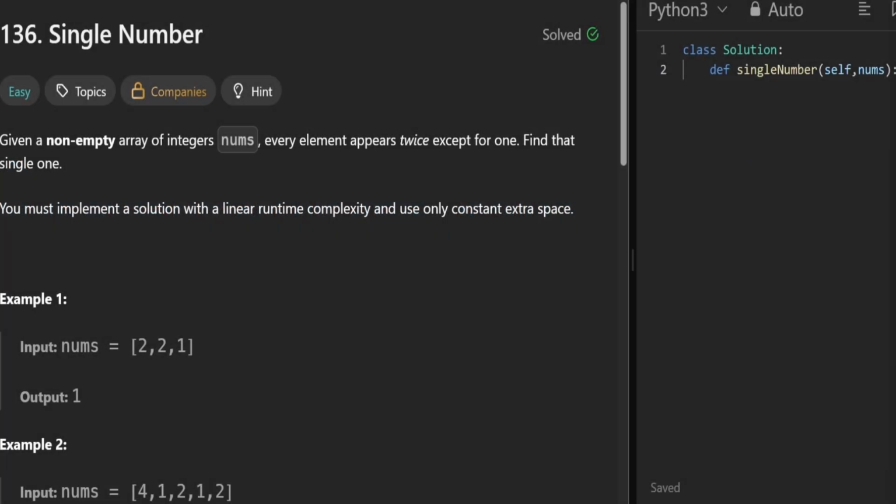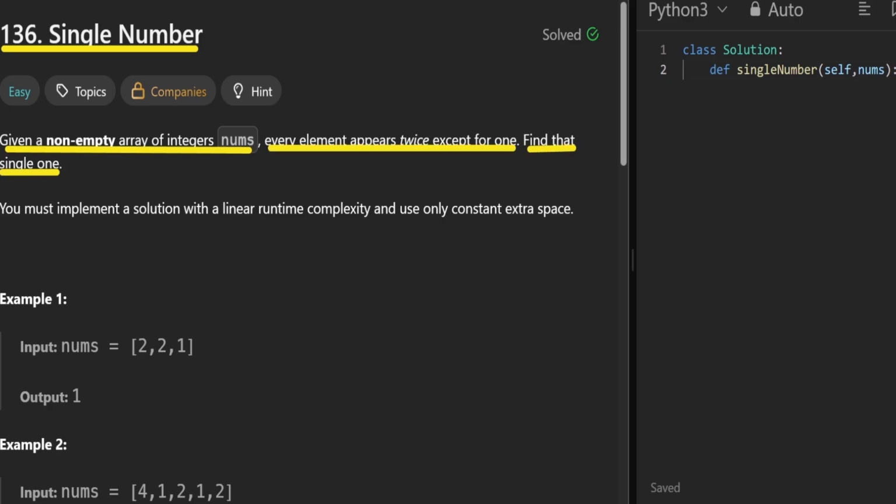I'm Alan and today we're tackling Leetcode 136, Single Number. Given a non-empty array of integers, every element appears twice except for one. Find that single number. For example, 1 is the single number in this array, and 4 is the single number